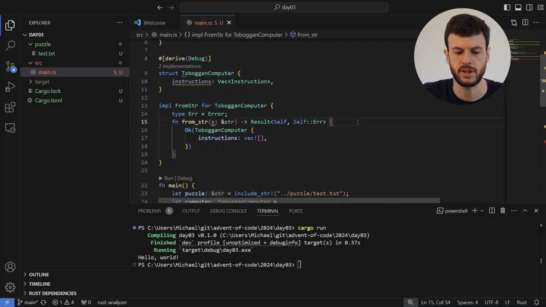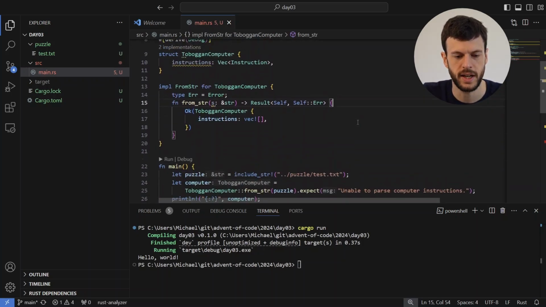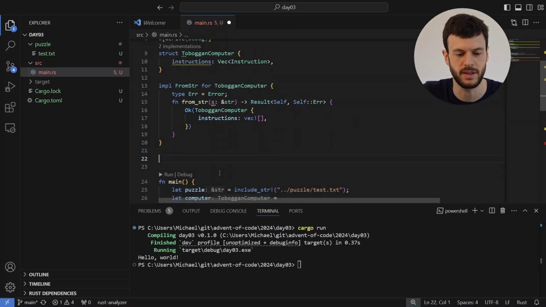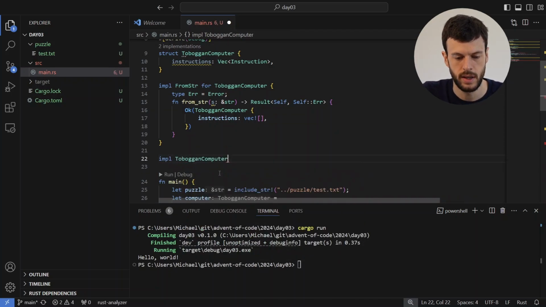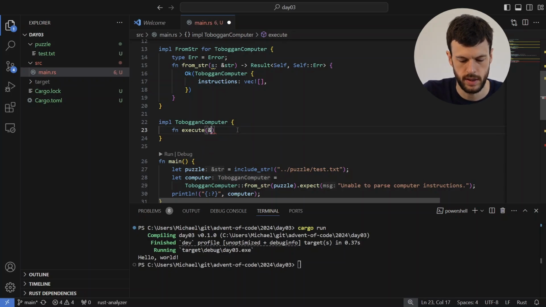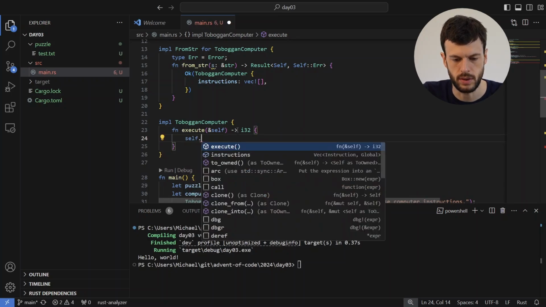The next step is to actually parse out the instructions. I think the actual implementation of the solution depends on just being able to parse the instructions properly. So that's the meat of the puzzle. So I'm actually just going to skip ahead and function execute. This will take a reference to self and it will return an I32. And it's just going to do